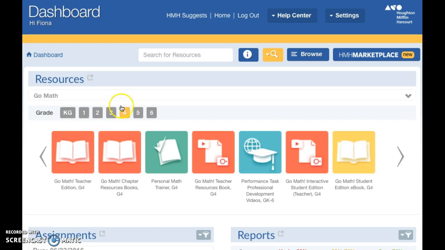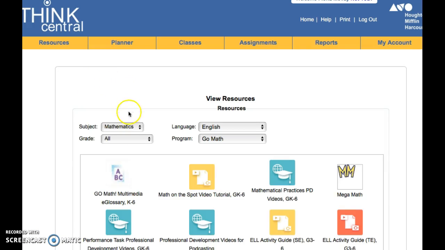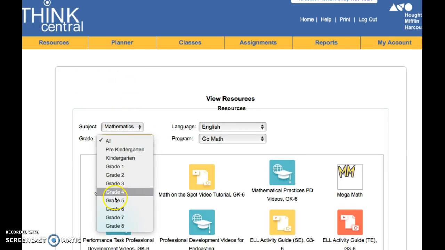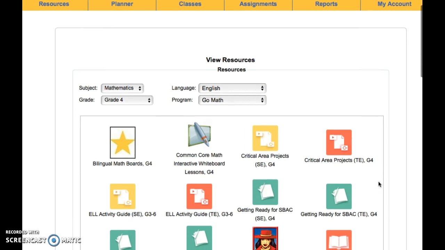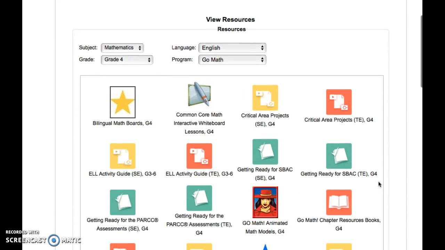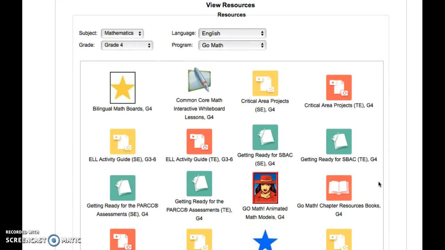And I'm actually going to click on the resources link, the subheading resources link. And when I click on that, again, I get the chance to choose which grade I'd like. It's remembered my selection from the last time I've been here. And you can scroll through these. There are an enormous amount of things on here. But some of the things that I've quite enjoyed looking at and using are, first of all,